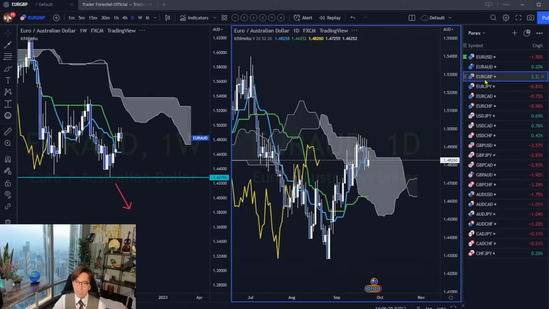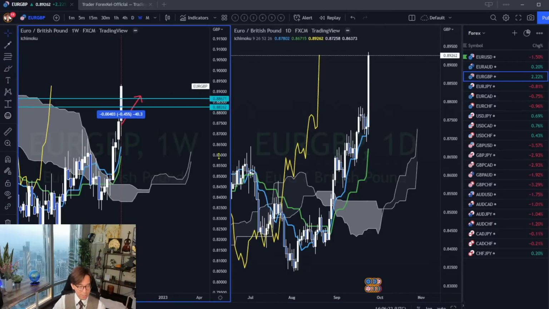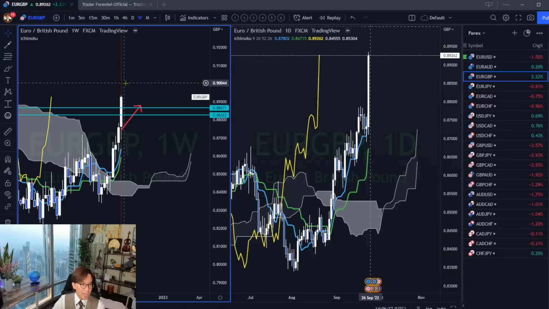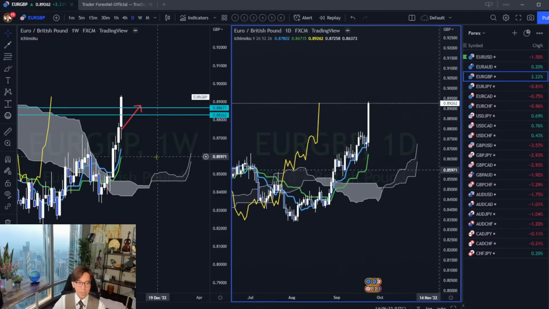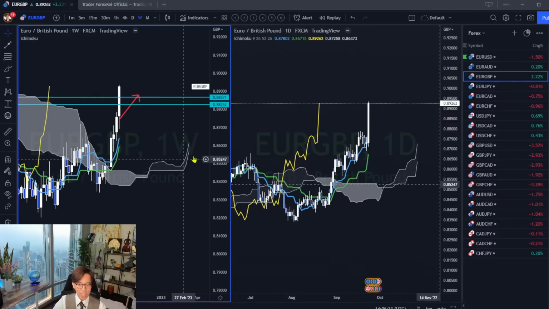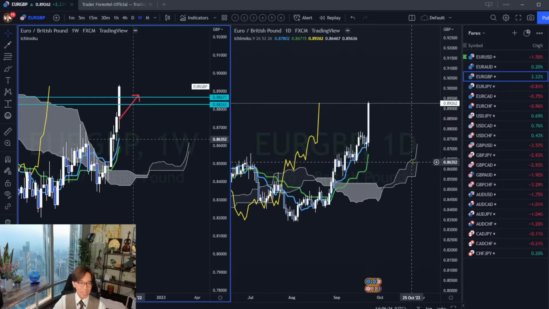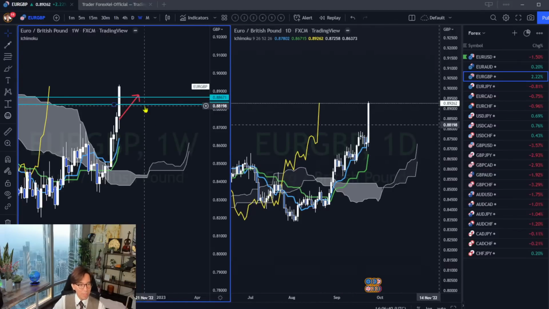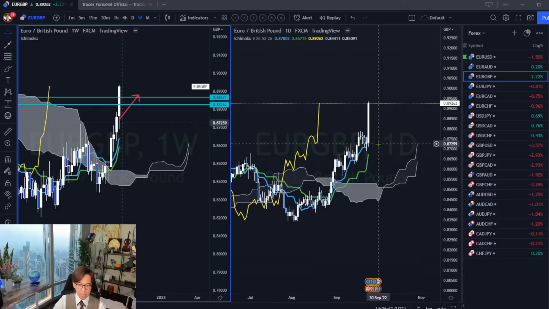So next one is the Euro Pound. Euro Pound has gone up very much like this. So weekly is up and also daily is up. But again, if you check the Kumo shape on the weekly and daily, they are very thin. That means this is overbought and the retracement might happen. Especially Friday,